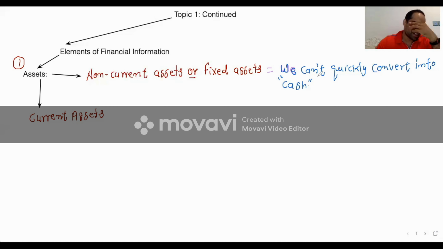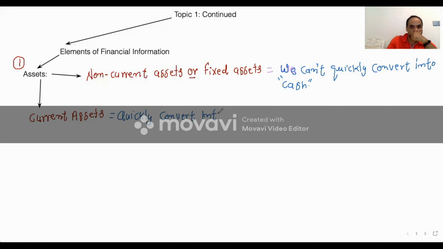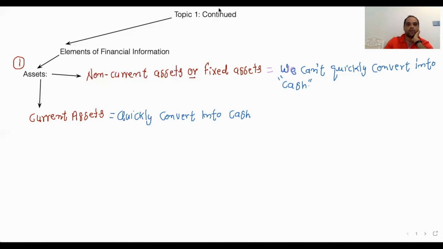Next is current assets. And current assets, obviously, you can see from the name. A current asset is an asset that you can quickly convert into cash. You can quickly convert into cash. That is your current asset. All right. Now let's start with the types of